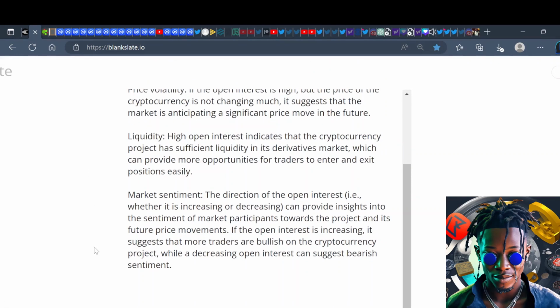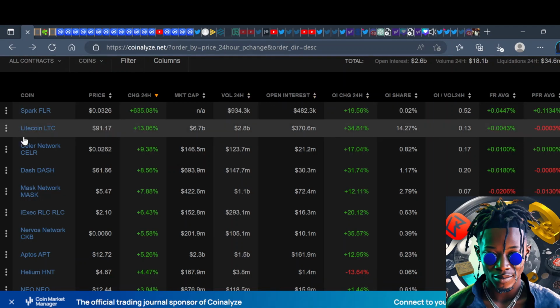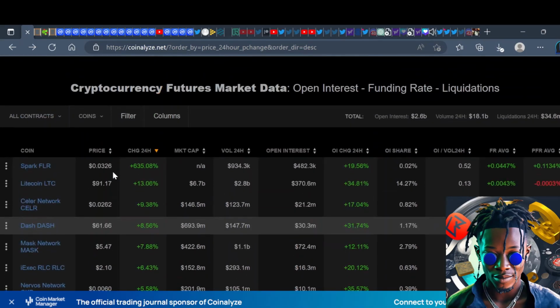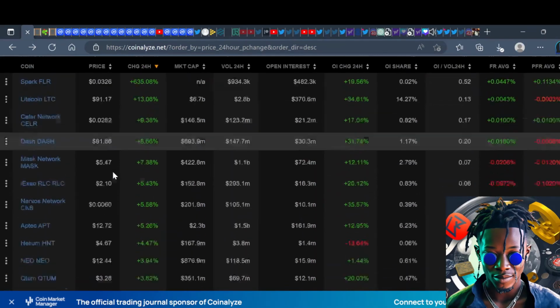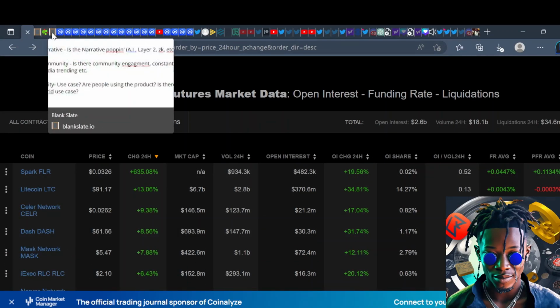All right, so that's pretty much what I like to call the OI, and I'm pretty sure that's what they call it right here, OI change, right? So it's a great website to check if investors are looking at your crypto project. Even if you're not looking at the strongest ones, you can type in the ones that you're already invested in and see the open interest, and if people are interested in that cryptocurrency project.